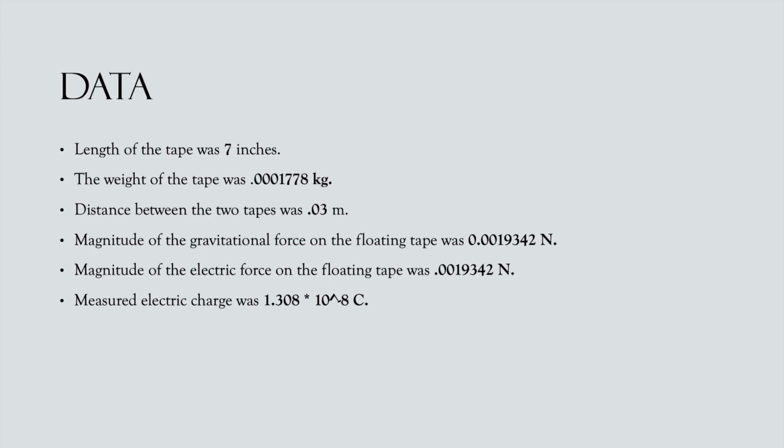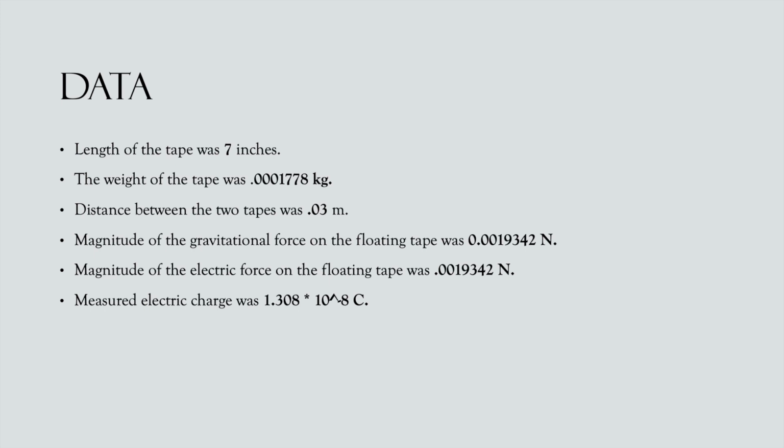Now for the data. Each length of my tape was 7 inches. Now, if we wanted to convert that to meters, it would be much smaller, around 0.1778, because it is the same weight of the tape, but the weight of the tape is obviously converted to kilograms, which was 0.0001778. The distance was 0.03 between the 2 tapes, and the magnitude of the gravitational force of the floating tape was